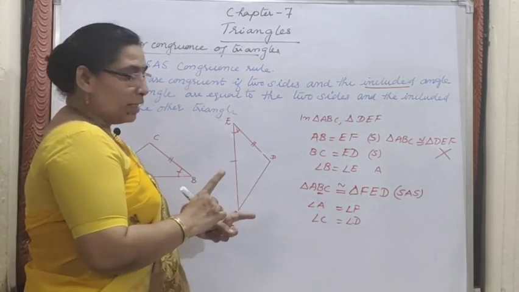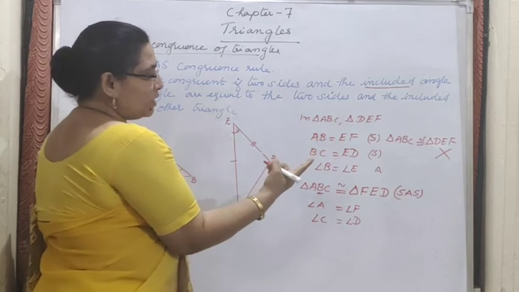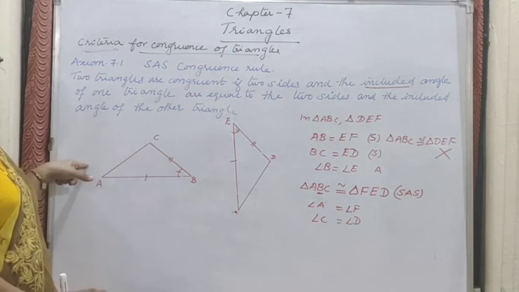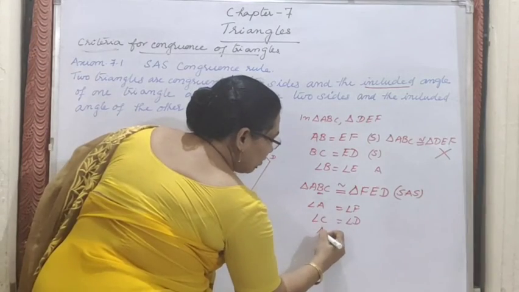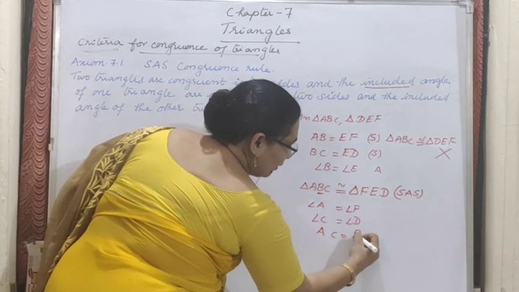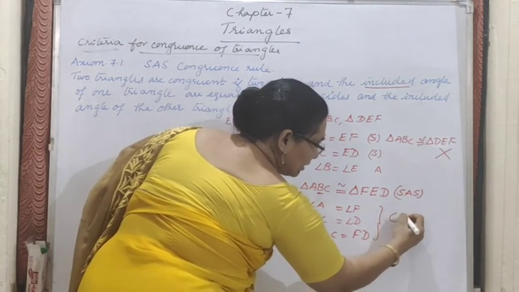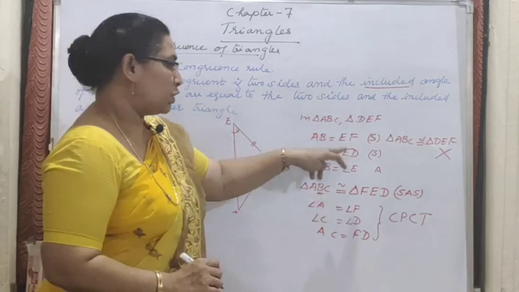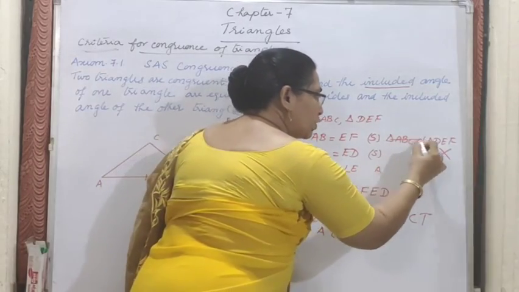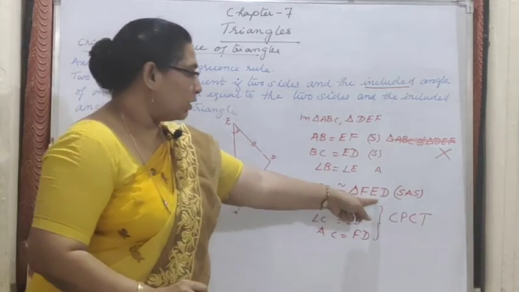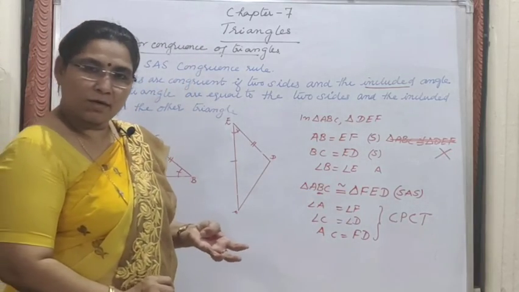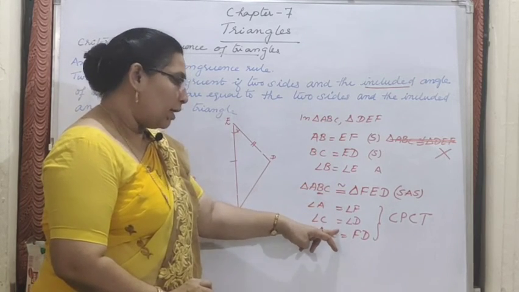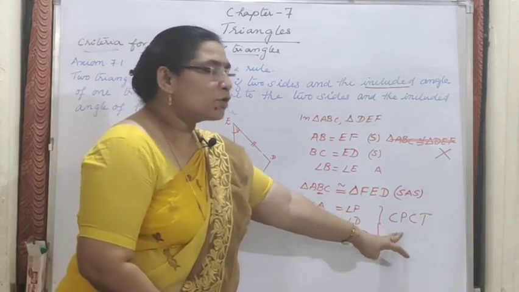Right? We have written the remaining angles. Now one more side is remaining, which is that side? AB is over, BC is over. See, AB, BC. So which is the unmarked side? AC. So AC equal to FD, right? This is called CPCT. Because first we have checked the three criteria. Based on that, we have proved that these two triangles are congruent. So writing the earlier order is wrong. Even if you write any other order, that is wrong, because we have considered the congruency here. Now after congruency, what can we write? The remaining angles and the remaining sides are also equal. So that is called CPCT.